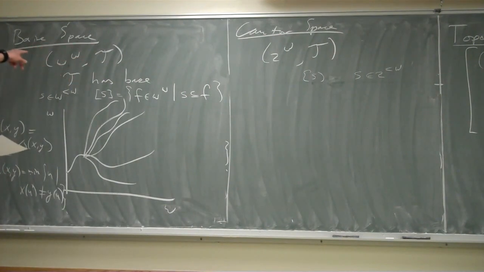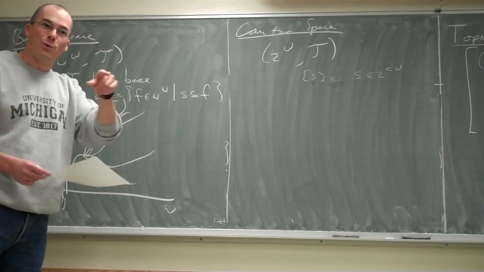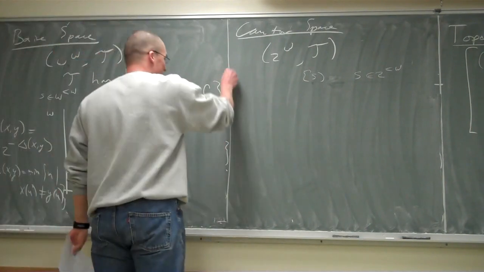Difference between the two again. Baire space is not compact. Right? There's the set of functions that start with 0, the set of functions that start with 1, the set of functions that start with 2, the set of functions that start with 3. All of them together cover the whole space, and none can be left out. So this is not compact. Cantor space is compact, and now you know which Koenig's lemma I was talking about, the one that shows that Cantor space is compact,